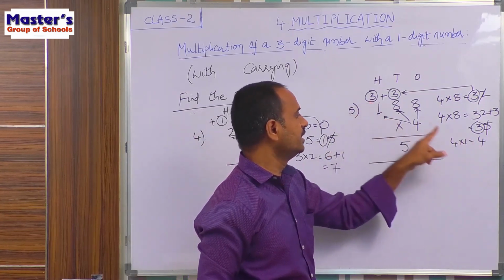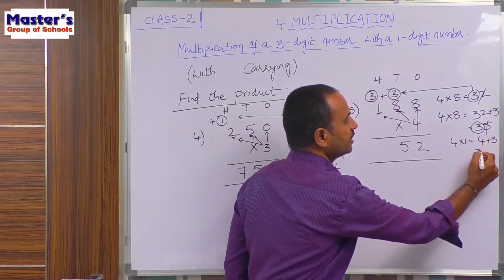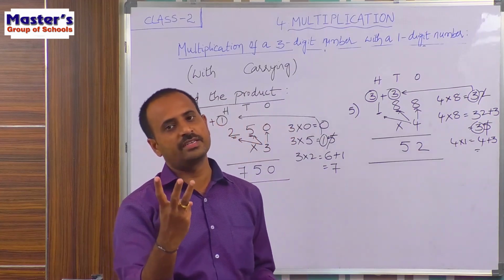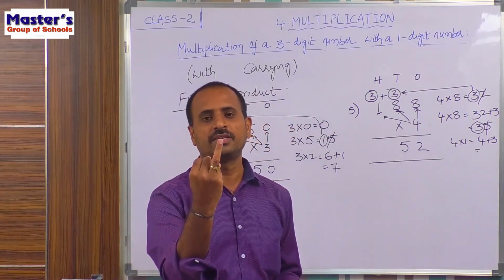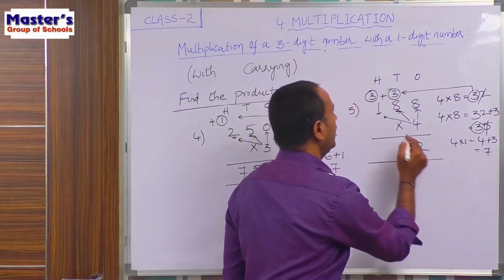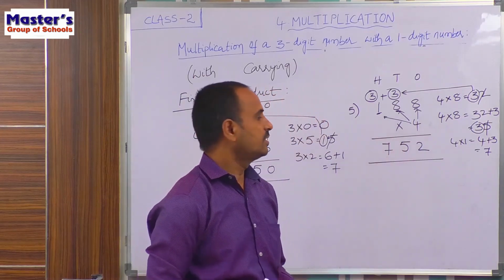Add this carried number to the product. So add this 3 to the 4. That is 4 plus 3. Children, how much will you get if you add 3 to the 4? Open 3 fingers. 4, after that 5, 6, 7. So 7 is the answer. So write 7 under the hundreds place. So the answer is